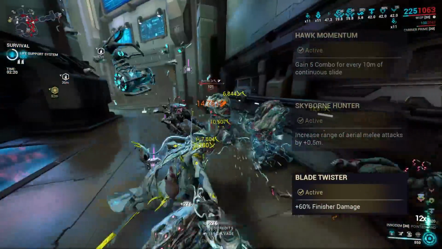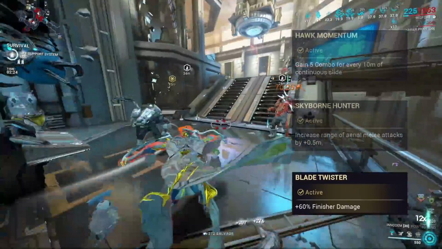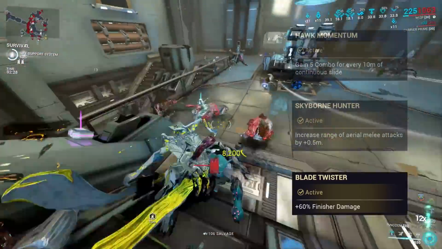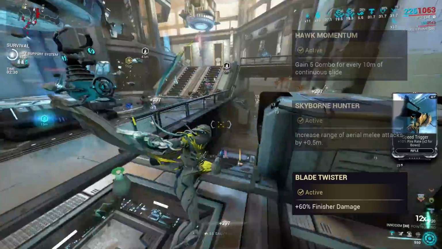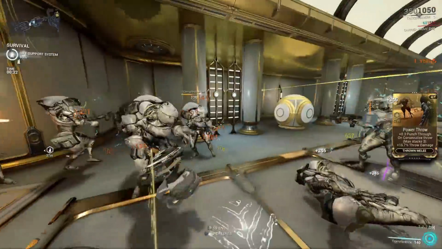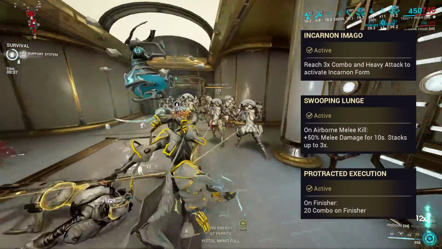This leaves us then with the finisher bonus. While it is just for finishers, it's still a boost to damage, helping to make finishers more appealing. This means you can get even more out of triggering finisher bonuses on the Innodem, like the damage resistance with Incarnon Mode. Evolution 4 gives you the options of reducing the Incarnon Mode threshold from 5x combo to 3x combo,